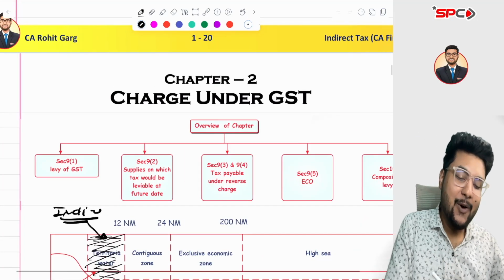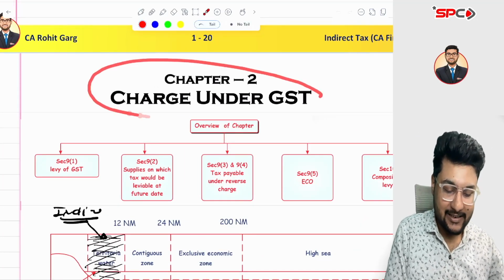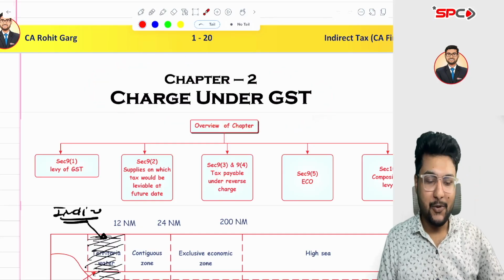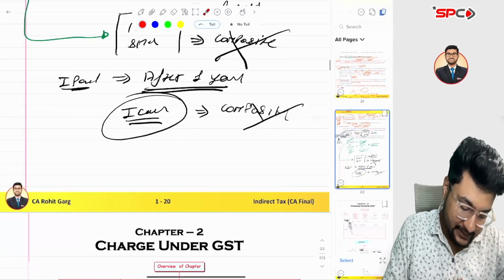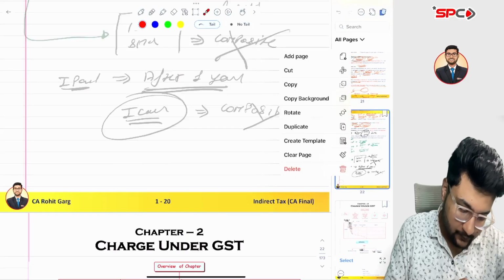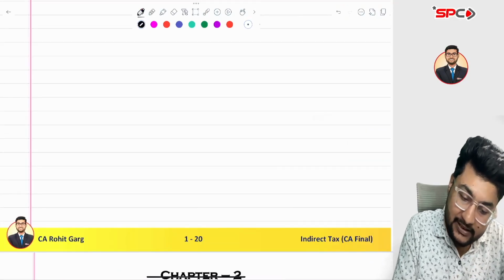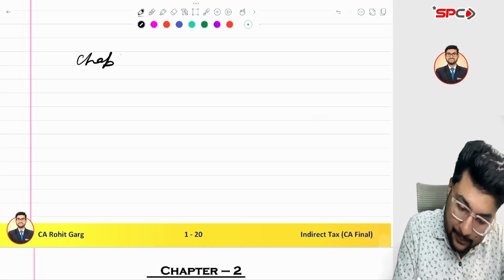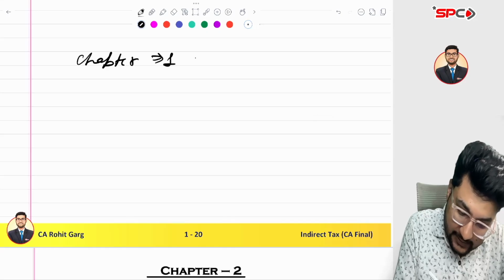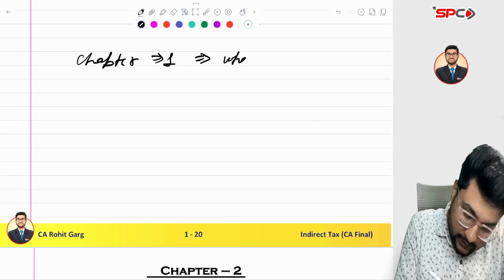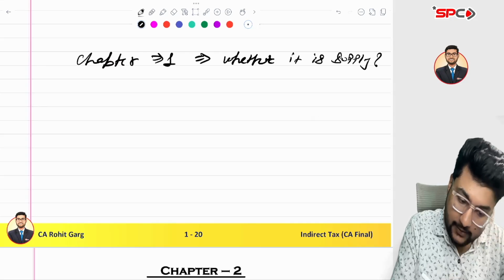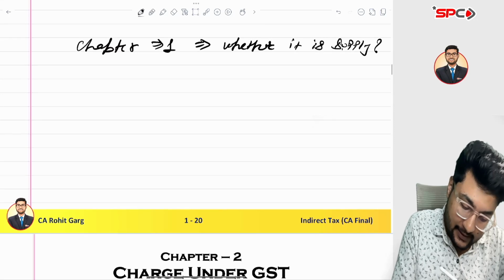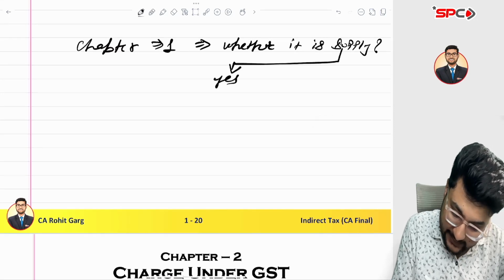Okay, so now let's start with chapter 2 under GST. I hope you have revised chapter 1. In chapter 1, what have we discussed? We discussed whether it is a supply or not. In the second chapter, we will decide, if it is a supply, yes,